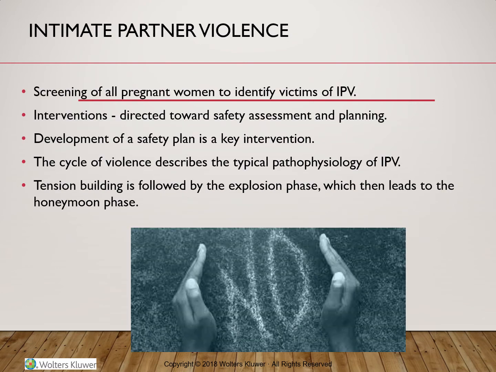We'll talk now about intimate partner violence, and this is defined as any abuse that will be perpetrated by an individual against an intimate partner, with the main goal of the abusing behavior being to exert and maintain power and control over the partner. And this abuse will refer to any type of injury that can be committed against a person, and that will include physical, emotional, psychological, or sexual maltreatments.